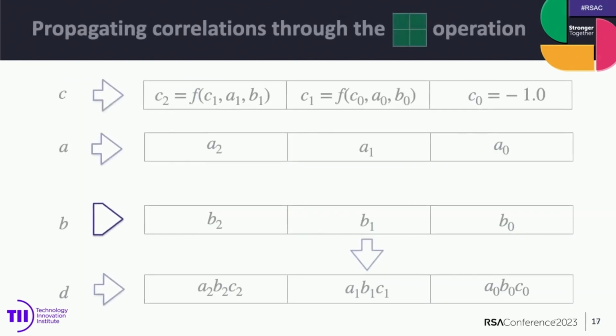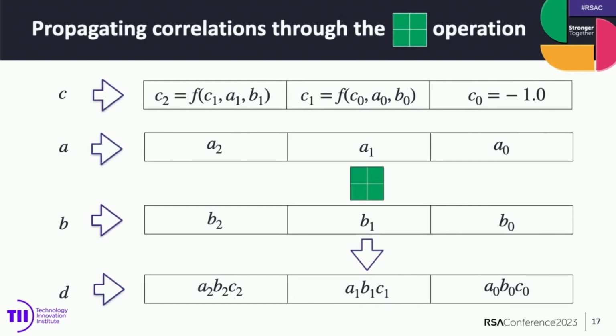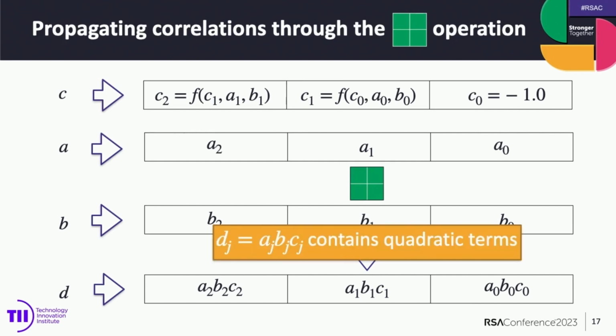We need to propagate now the real numbers, okay, through the components of the ciphers. In the case of the modular addition, the propagation of this correlation is expressed in several formulas, one formula per each bit representing the output of the modular addition. Of course, in this formula the carry is involved. And also in this formula, you can see that there are some quadratic terms, okay? And this is why we use the mixed integer quadratic constraint programming, okay?